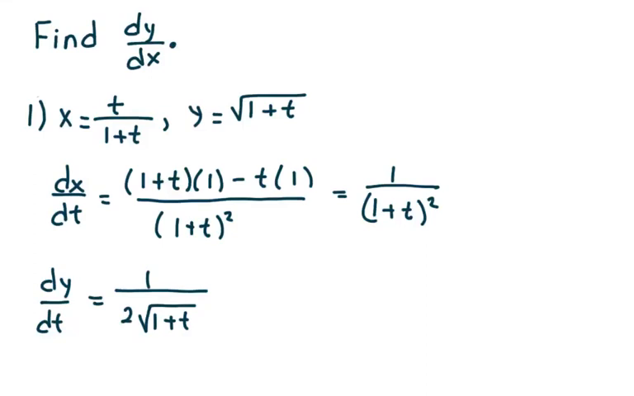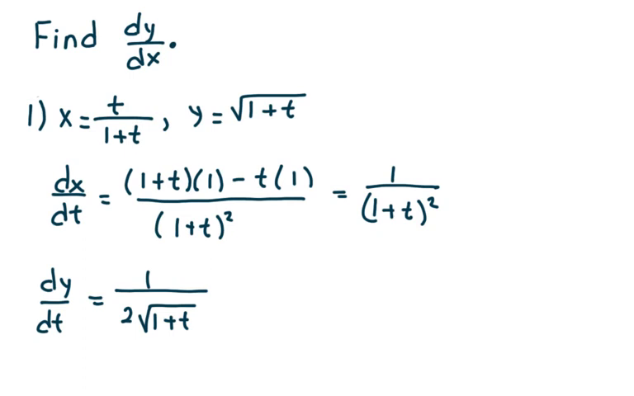The directions say to find dy/dx. Let's take a look at example 1. Suppose we're given the parametric equations x equals t over 1 plus t and y equals the square root of 1 plus t. dx/dt is equal to, by the quotient rule, (1 plus t) times 1 minus t times